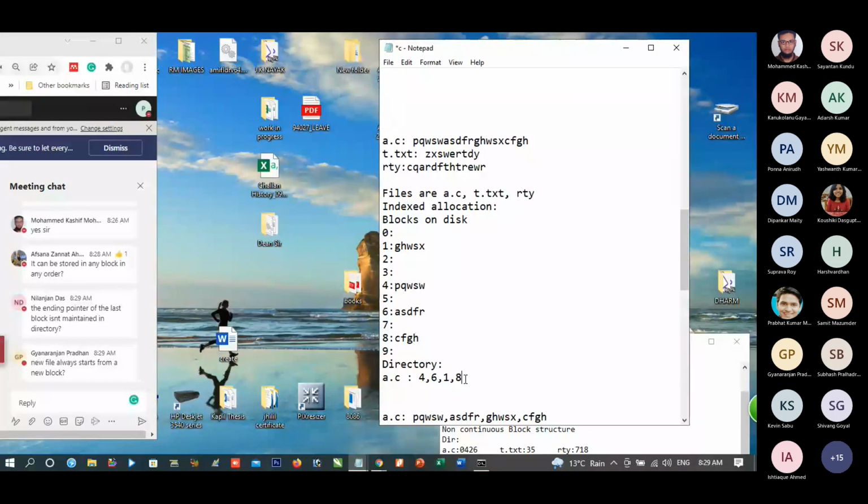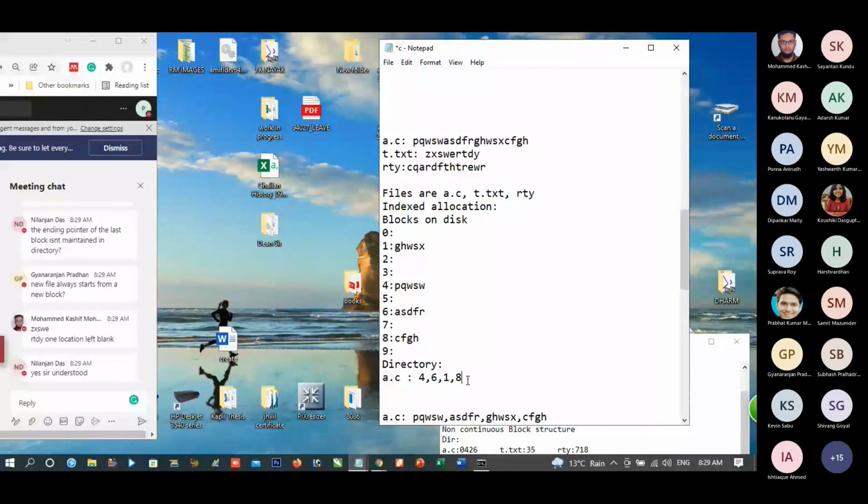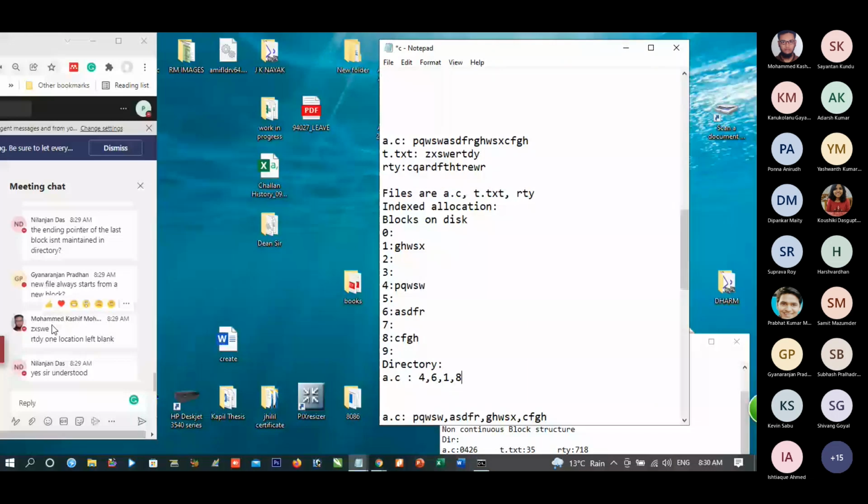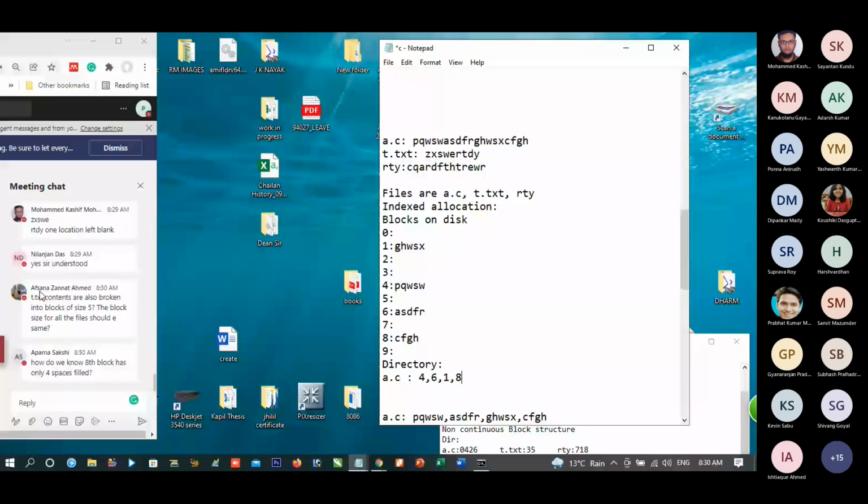Yes, fully correct. It will not be the case that one block contains parts of two files. So you can say let block number 3 store this and block number 9 store this, and the directory stores 3 and 9.